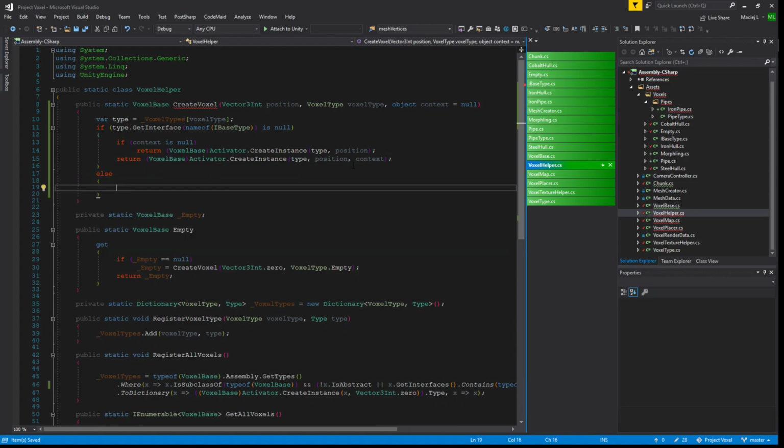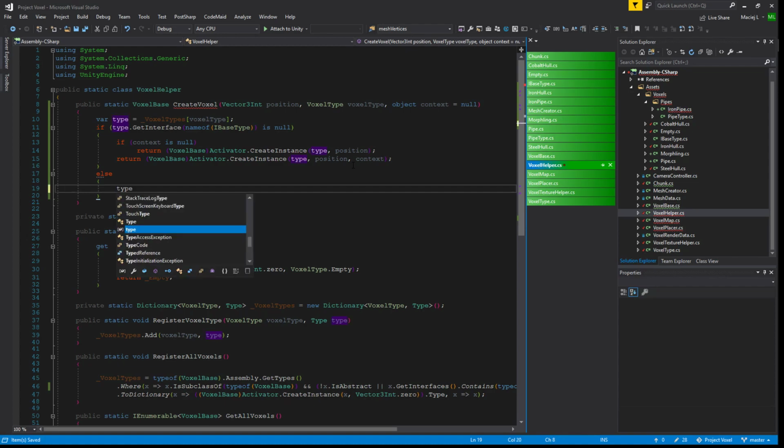Else, if it does have the interface, we just get a function called create new and use it. We just assume the function is here. We cannot say with the interface that there must be a function, because the function needs to be a static function, not an instance function. So we can do, I think it's going to be static, so type got static, no, get method,